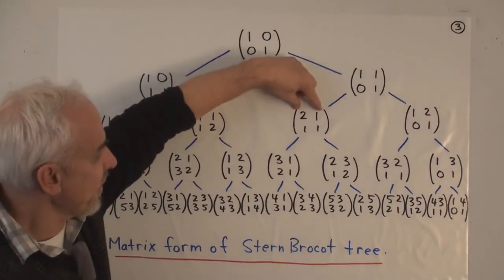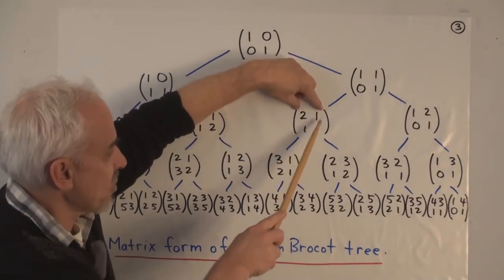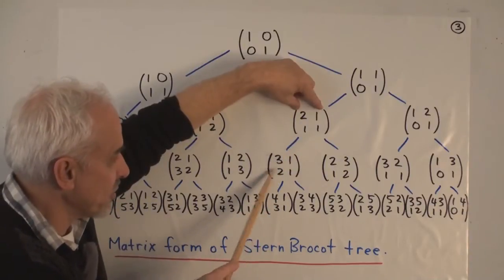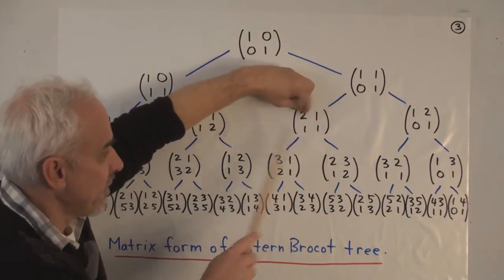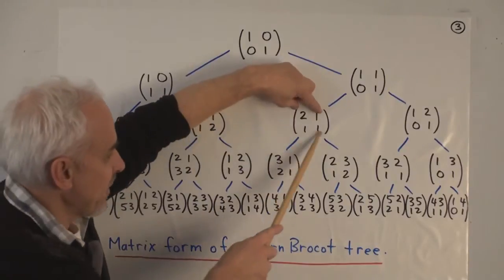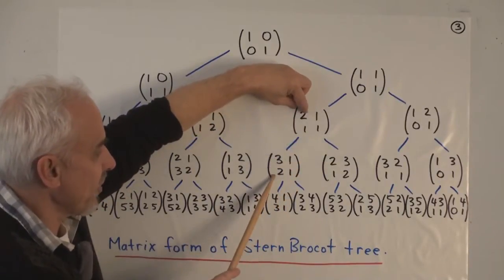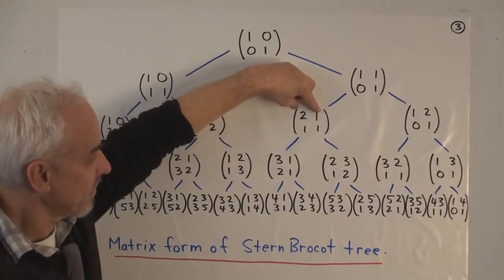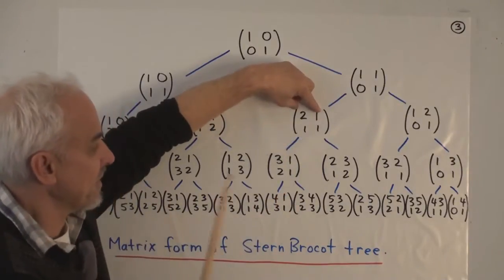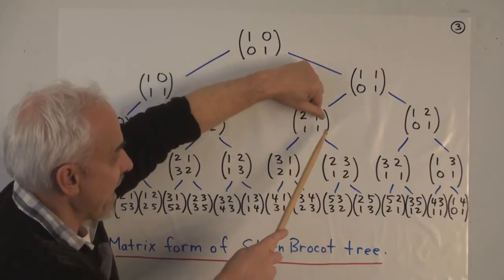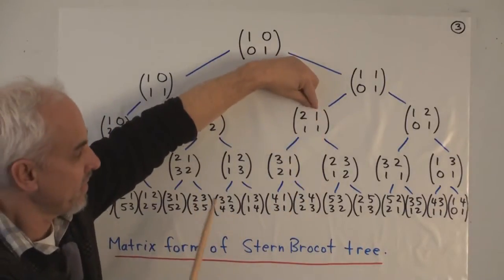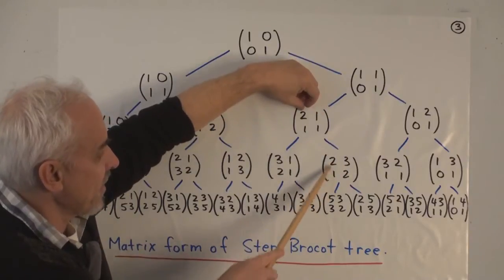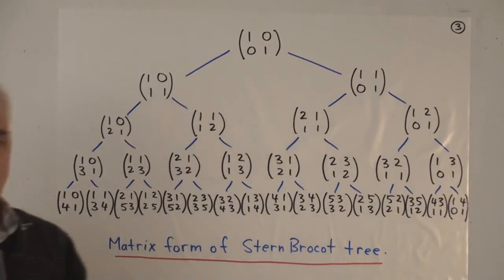You take the matrix here and you look at its columns, the first column and the second column. And to get this entry here, what we do is we add the second column to the first. So add the 1, 1 to the 2, 1 to get 3, 2, and leave the second column where it is. And to move right, what we do is something similar. We take the first column and add it to the second column, giving us 3, 2, and leaving the first column where it is.